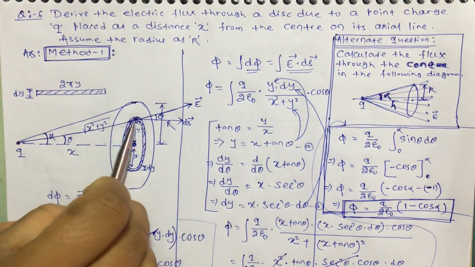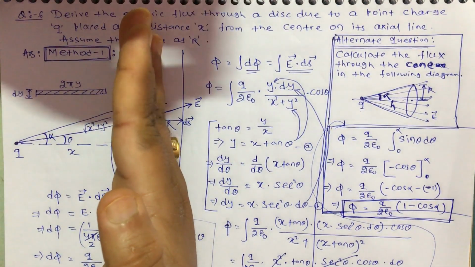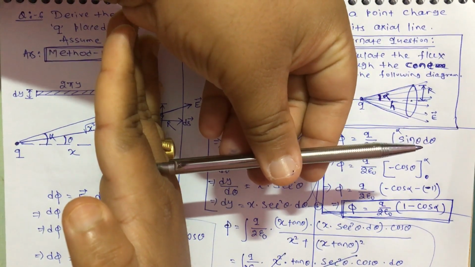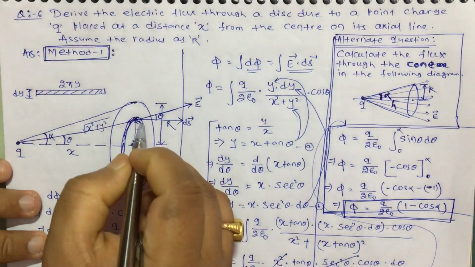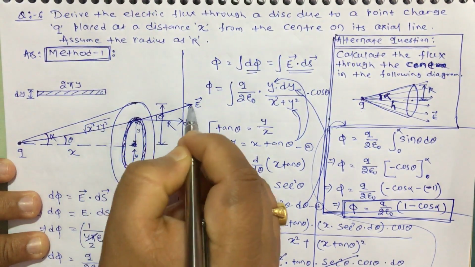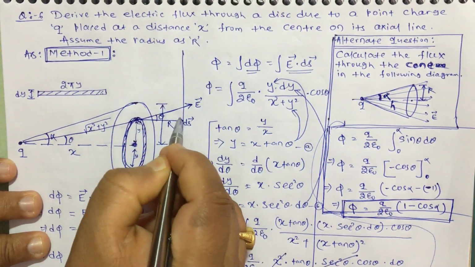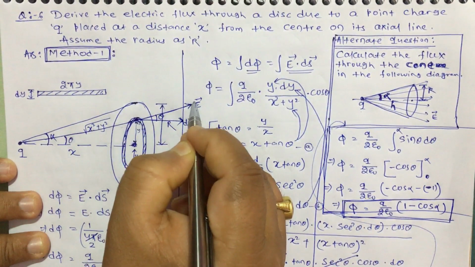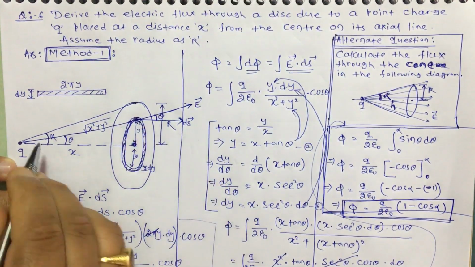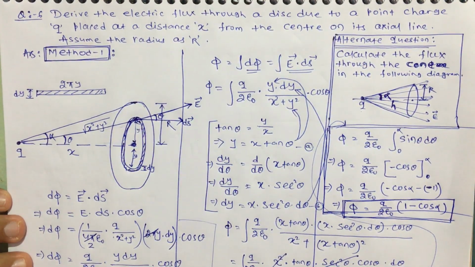Okay. Now what is the direction of this element? Since the disc is kept like this, obviously the direction will be like this, outward, perpendicularly outward. This is the area vector ds vector, and this will be the electric field vector. Let this angle be theta. Obviously this angle is going to be theta, because this and this are going to be parallel. Till now, is it clear?